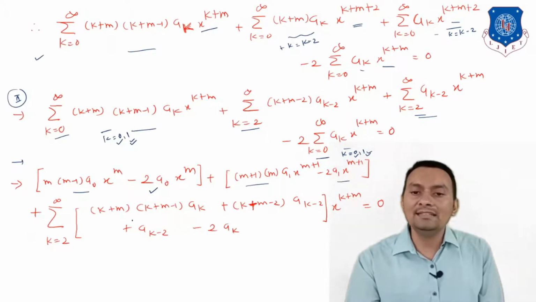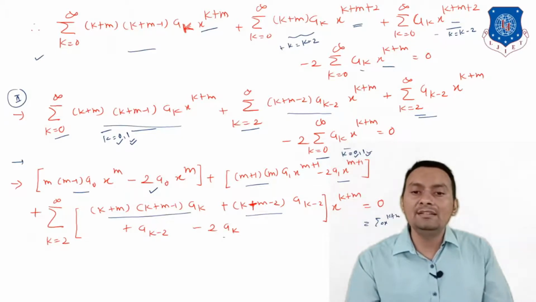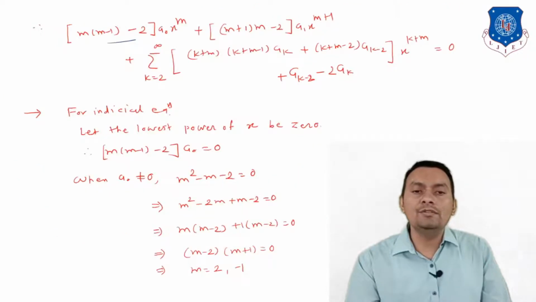And after that we compile all these terms, that summation starting from 2 to infinity, whatever it is. So I have written over here, this is also over here, and finally a_{k-2} is there, again minus 2 times a_k times x raised to k plus m is equal to 0. Now it's time to compare on both sides, because we have 0, and 0 can be represented in series form, so we can compare on both sides. So let us see this one. We have taken a0 common from here, a1 common from here, a1 into x raised to m plus 1. So we will have this one, and compiling terms is there.